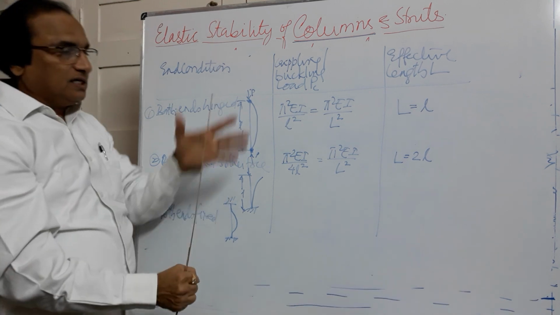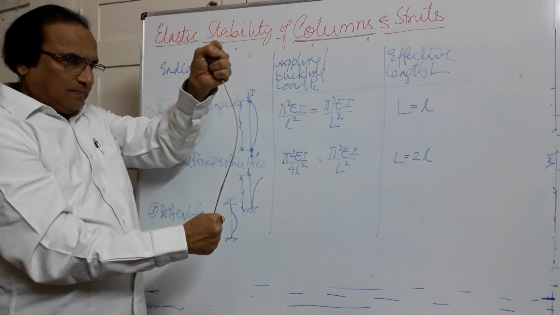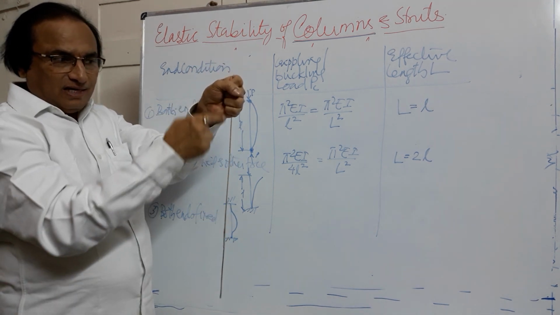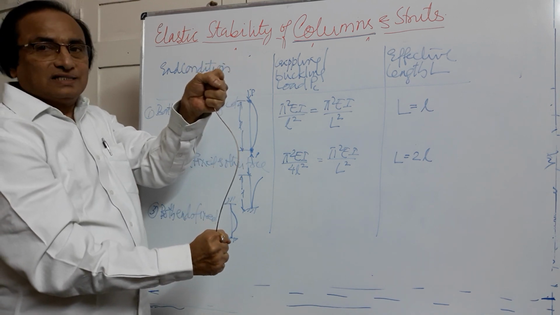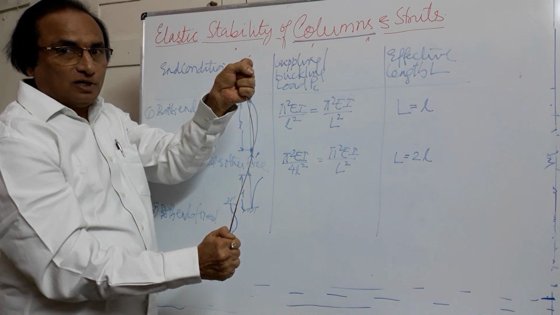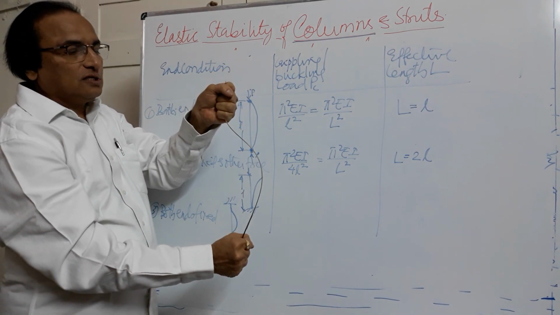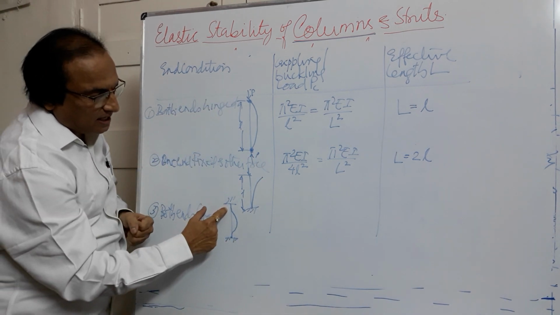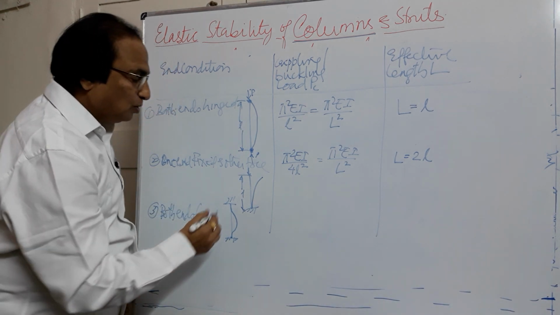Third condition is if I hold both the ends as fixed, and if I apply the load, see how the bending is here. It remains straight here and it remains straight here, then it is bending. So that is the case you get when both the ends are fixed. So theta is 0, deflection is 0, theta is 0, deflection is 0. This is the mode of bending you will be getting, which I have shown here. It will remain straight, then bends, and it will remain straight. So this condition we call both the ends fixed.